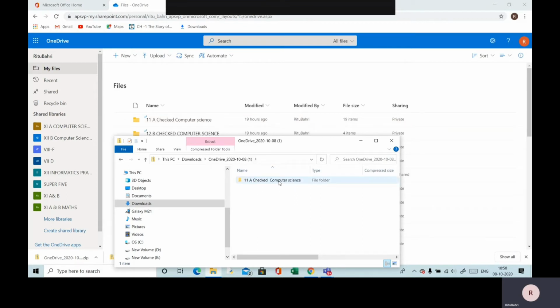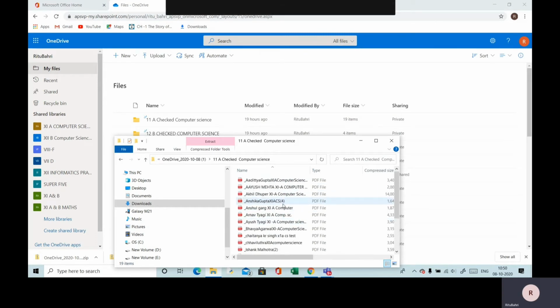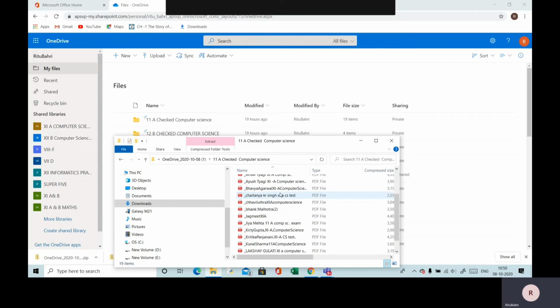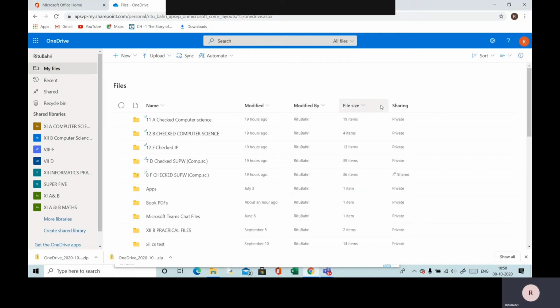This is also 11th A checked computer science. So once I double click this folder, I can find that all the 30 files that I created within it are intact and saved with me on my laptop in a zip folder. Now, this is the first step, and now the second step